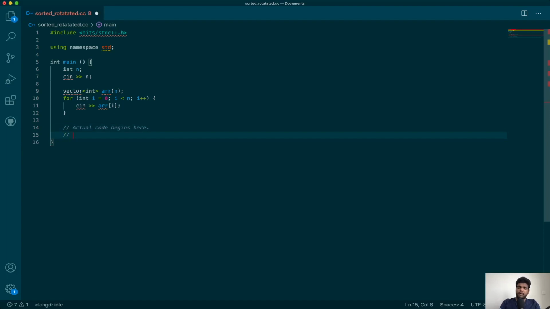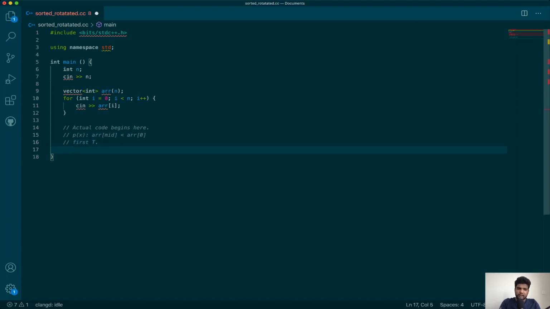So if you try to recollect, we were interested in finding the minimum in the sorted rotated array. In order to distinguish those two lines, what did we say? We said that the second line is always below array of 0, right? So we can use that as a predicate. The predicate becomes: is array of mid smaller than array of 0? So the entire second line is below array of 0. We want trues for them and we want falses for the first line. So this will be the predicate, and we are looking for the first T.